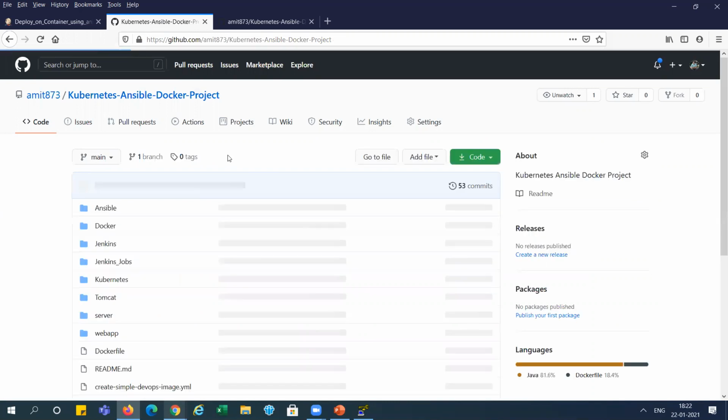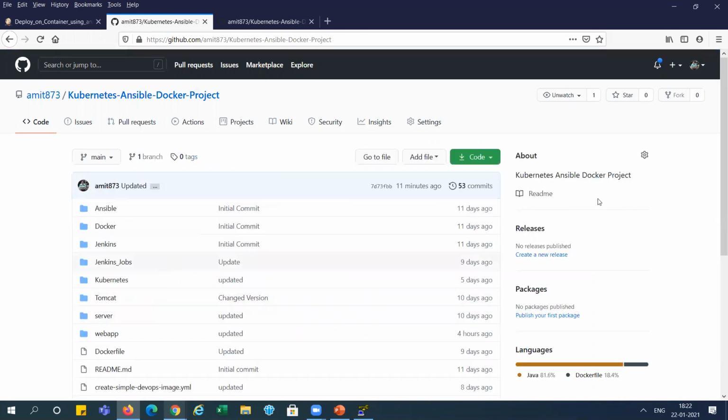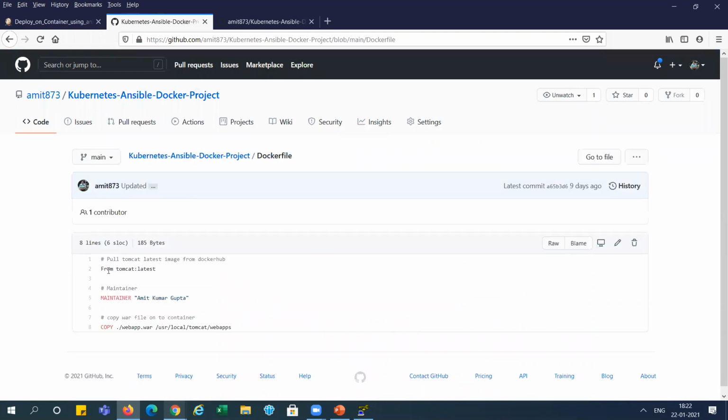And you can see here in the Docker file, we are creating the Tomcat image from Docker Hub. After taking the image, we are just copying the var file to the Tomcat deployed path, directly. So we are not doing much in the Docker file.